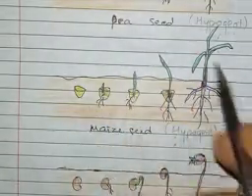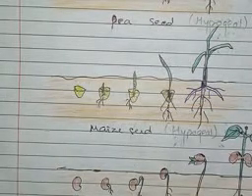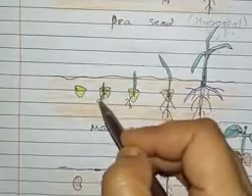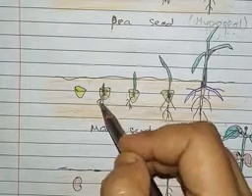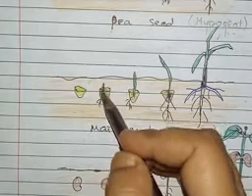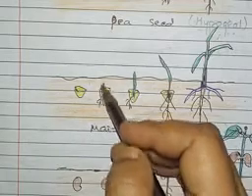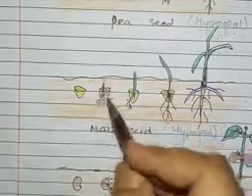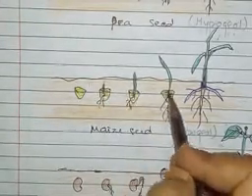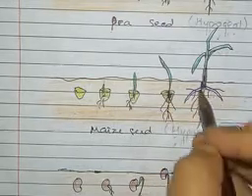So this is the way the maize seed germinates. Here two things were special. Number one, the radicle, when it came out of the grain, pierced through the coleorhiza, and in the same way the shoot, when it came out of the grain, grew through the coleoptile. Second thing is, the initial root that was produced dies off, and in its place a new root system is produced, which is called the adventitious root system.